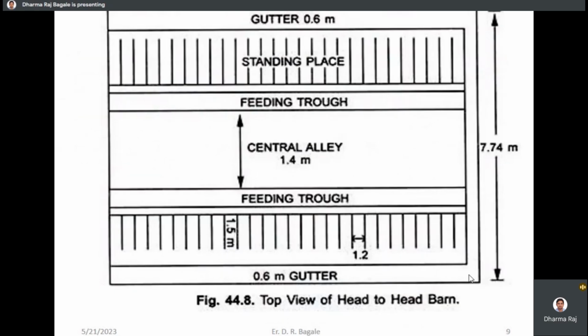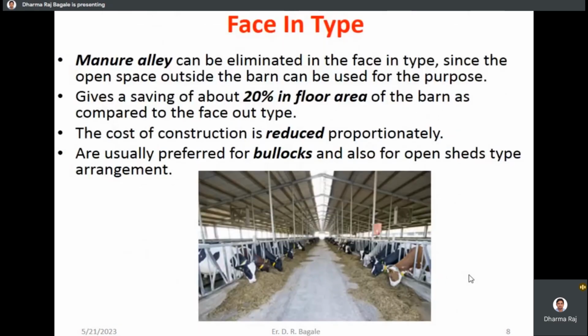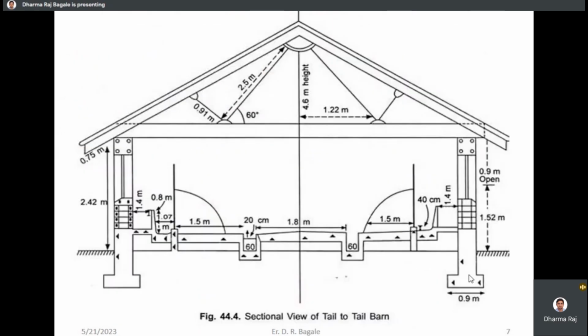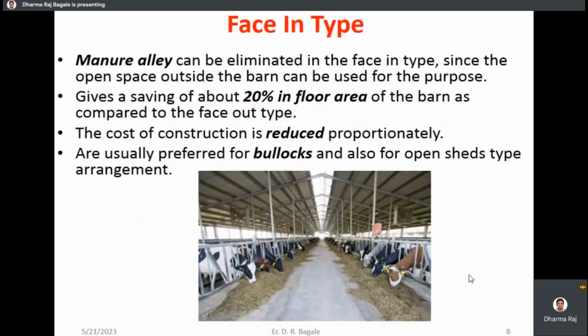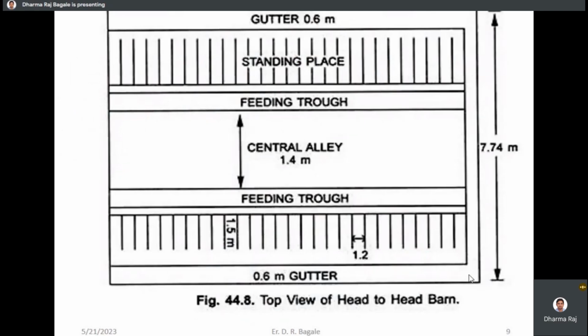And you can see, before we studied about the sectional view or the side view of the system. We can call it as elevation view. This is the elevation, and here we can see the height of the manger, the depth of this gutter, and height of the roof, height of the wall, everything. But this is the picture. This is the top view or plan, we can say it. This is the top view or plan of the